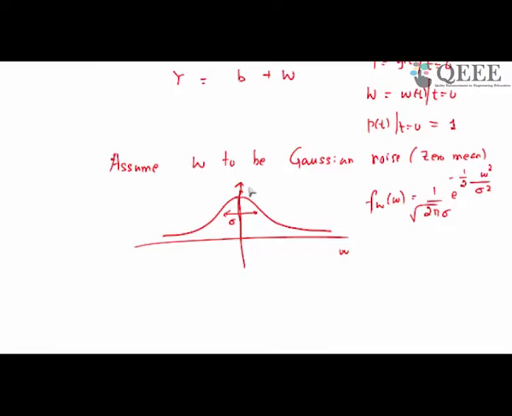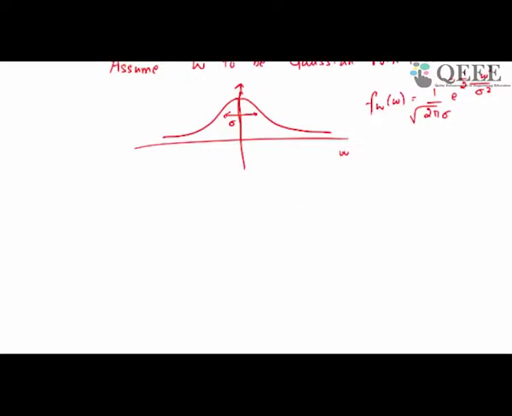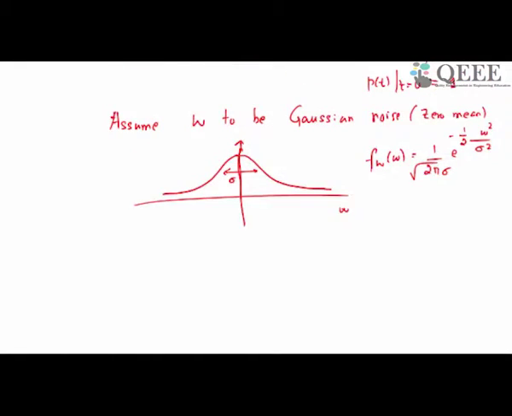It is used because of the central limit theorem: noise actually comes from various sources. They all get added up, and the sum of the noise from various components is what you eventually see, and that sum essentially looks like Gaussian. So this is from the central limit theorem, and this is a very commonly used model for noise, with a Gaussian random variable.